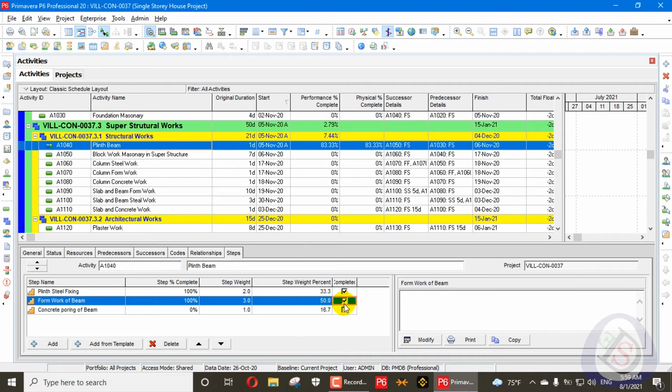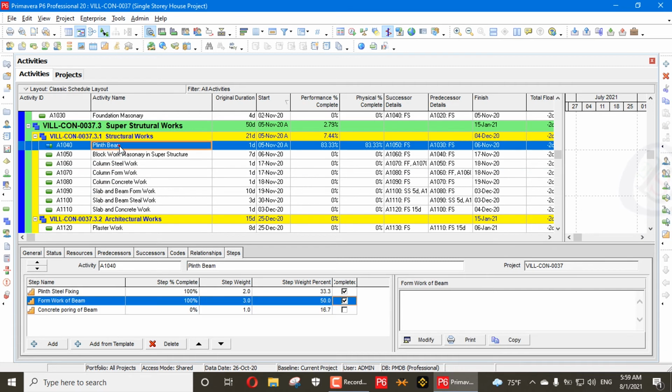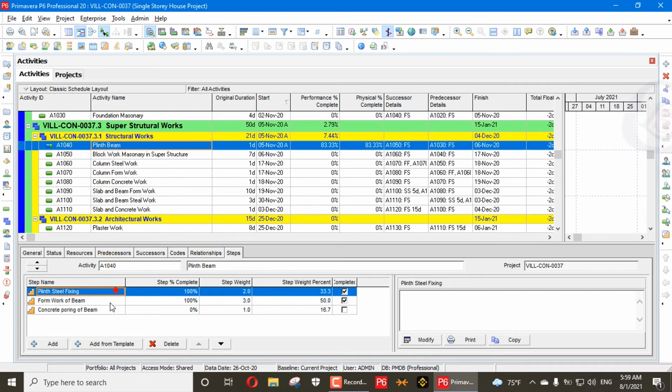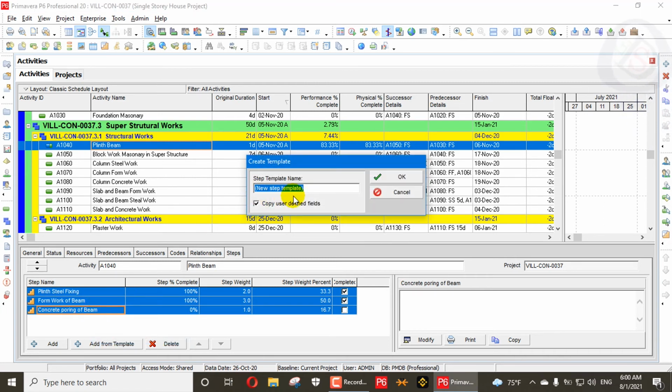So there are a lot of activity steps. For example, for steel work here, you can add 4 steps like cutting, bending, fixing and placing, and inspection of the steel, and you can assign them here. Also when you create any of the steps, you can select this one and create a template, for example, plinth beam work.